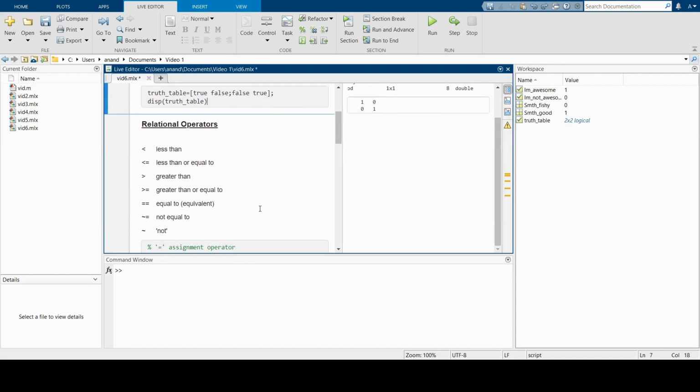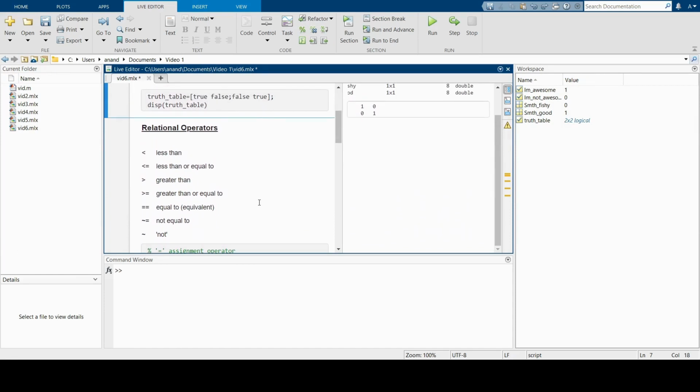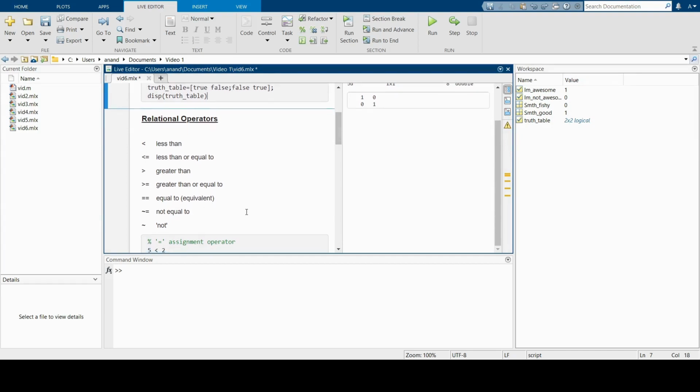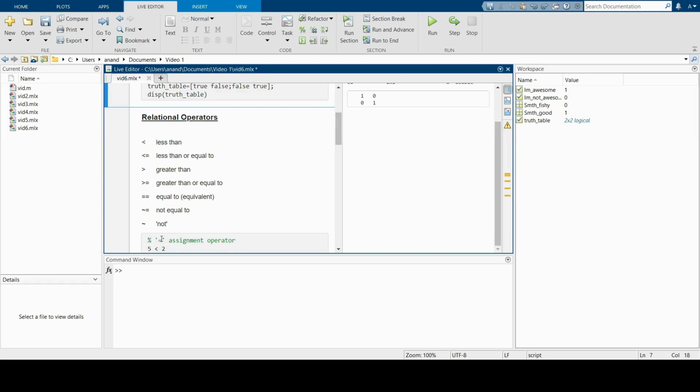Now these are the relational operators in MATLAB. Now recall that an arithmetic operator produces a numerical value. Now relational operators produce logical values instead of numbers. So these are some of the operators that we use in MATLAB, and make sure you understand the difference between the assignment operator, this single equal sign, and this here, the equality operator. The assignment operator assigns a value to a variable, while the equality operator compares two values